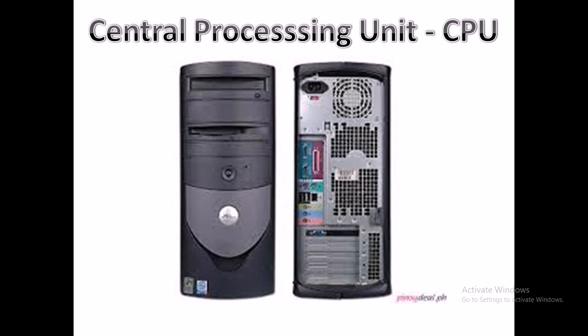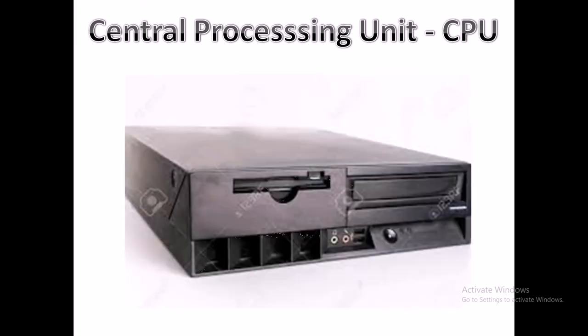As the name suggests, two main functions are done in the CPU. The first function is the processing unit and the second one is the memory unit. The first function takes care of processing all the tasks given by the user, whereas the memory unit stores the data provided, the program's instructions, or the output provided by the computer. We will discuss the processing unit.